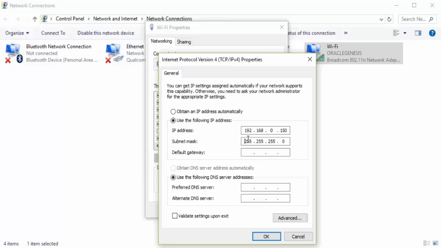The next one is the subnet mask. Subnet mask by default will always be 255.255.255.0. Now there is another type of subnet mask, and there are different types of network classes, but we are not getting into it.